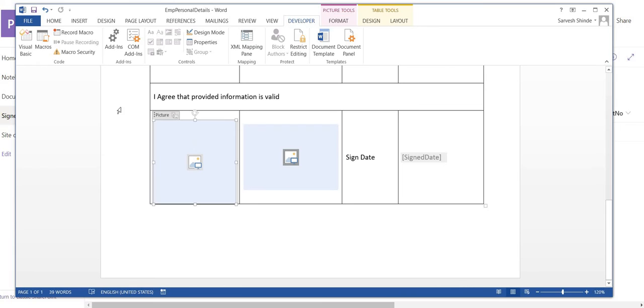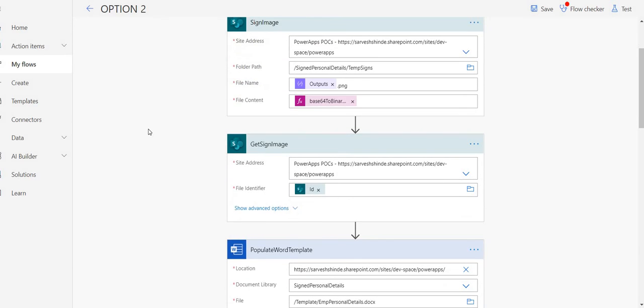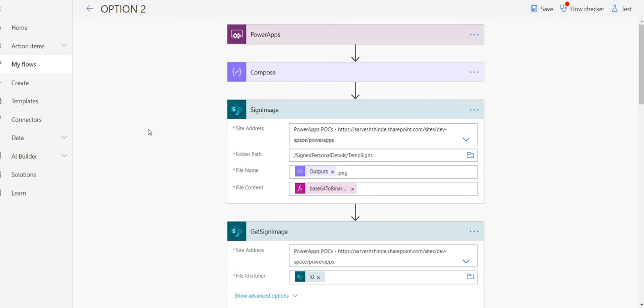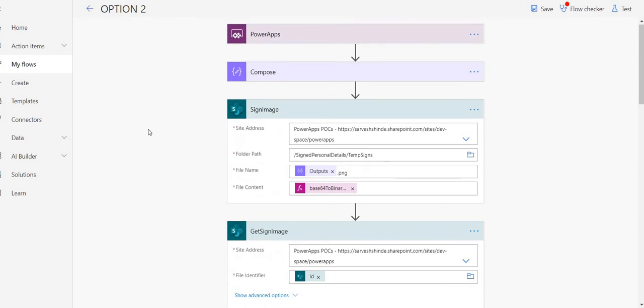Now let's switch back to the flow. This second flow is using the Word Online connection. You need to save your signature as an image somewhere, either in OneDrive or in SharePoint.